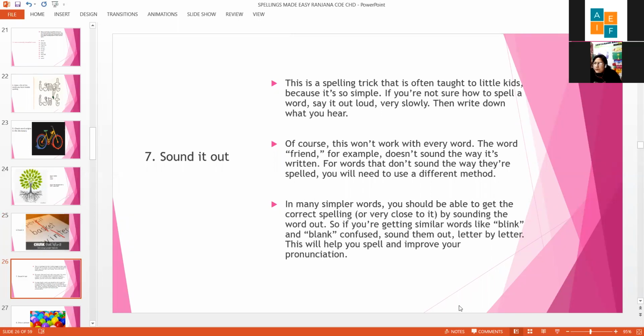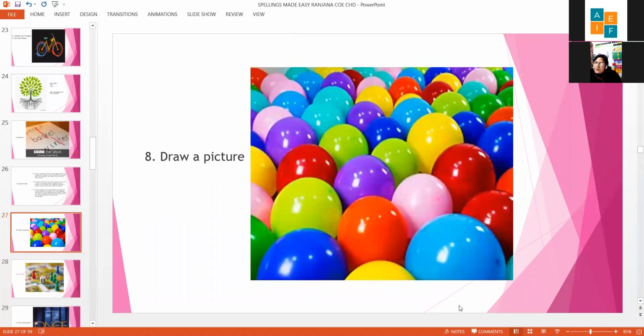But 50% of the words which are used in academic vocabulary can be sounded the way they are written, so they also sound the same. Only a few exceptions do not sound the way they are written. So this is another way of learning pronunciation and speaking it out so that these spellings are very clear.